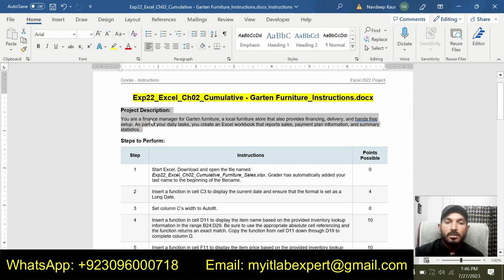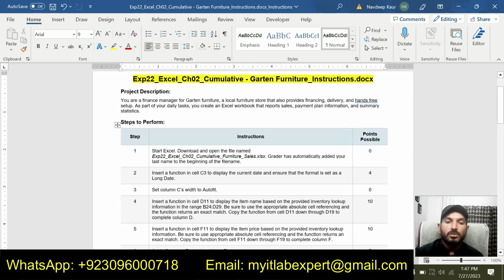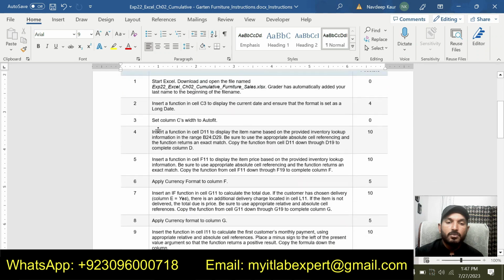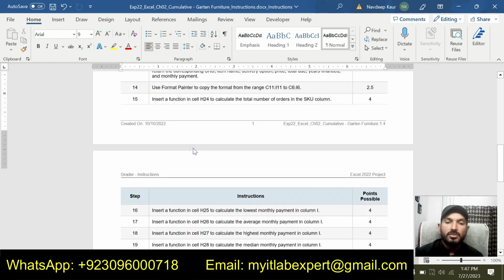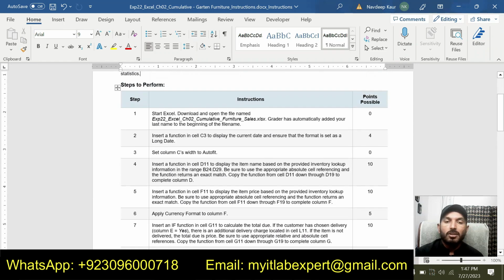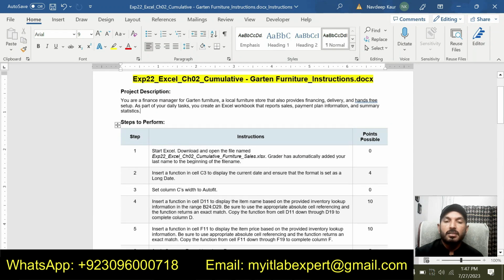Basically, this project description has nothing to do with the steps, but you can read this to get an idea about the assignment. I will suggest you have a reading of this project description so that you can understand this assignment. But the main part of the assignment is these steps from step 1 up to step 21. So we will solve these steps to get this assignment done.